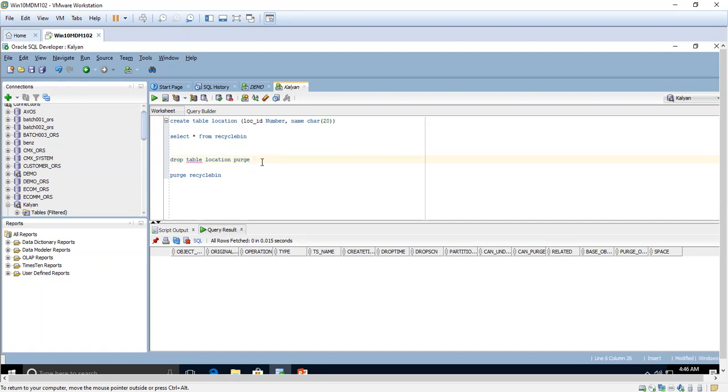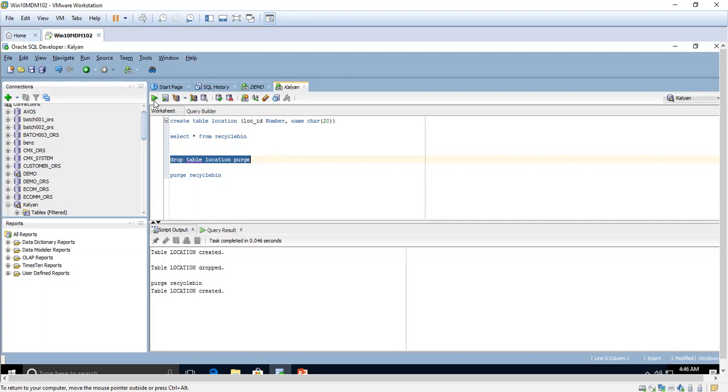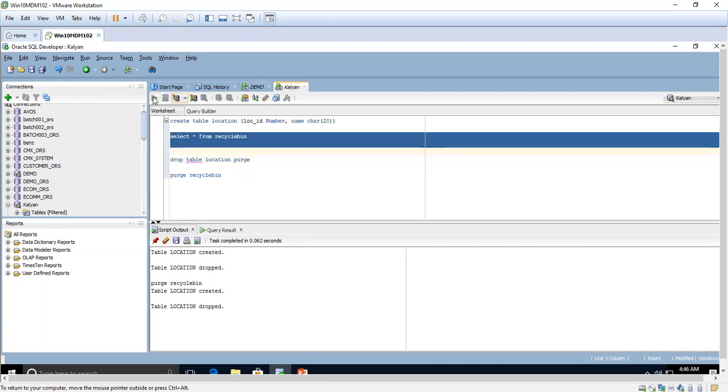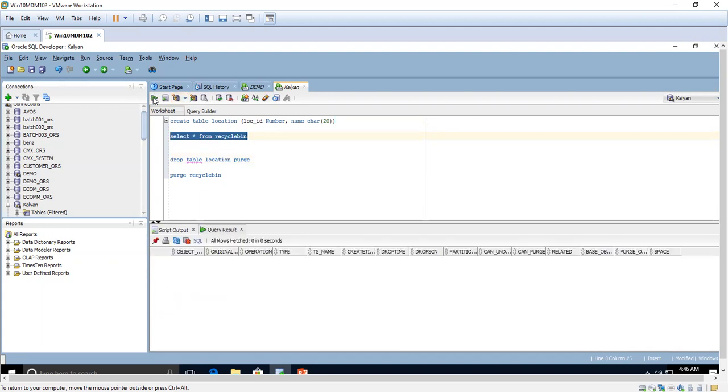You cannot find this table in the recycle bin. See, table location dropped. Now, if you go and select the recycle bin, you cannot find it. That means it is removed permanently.